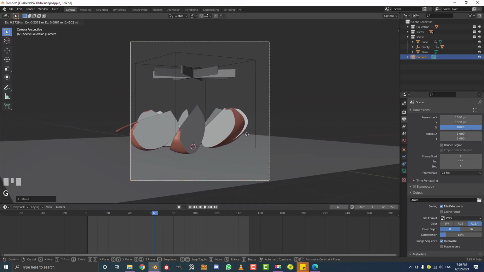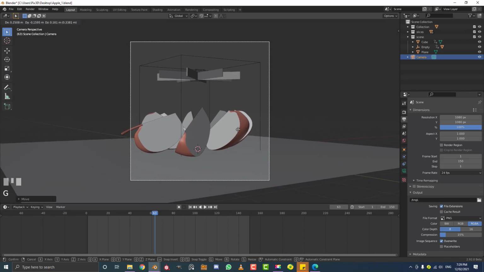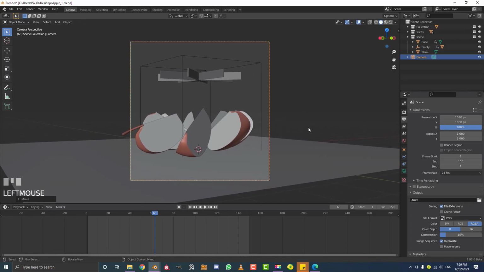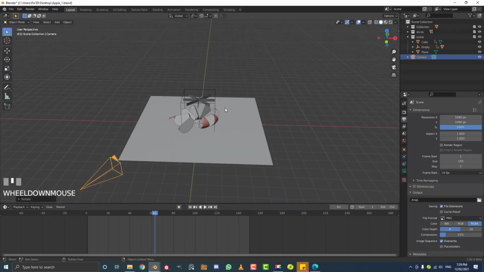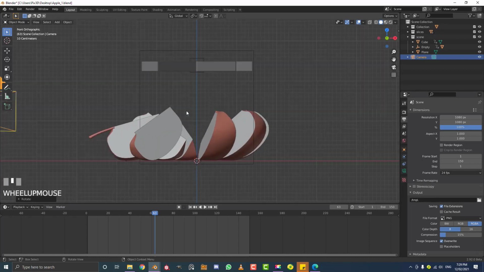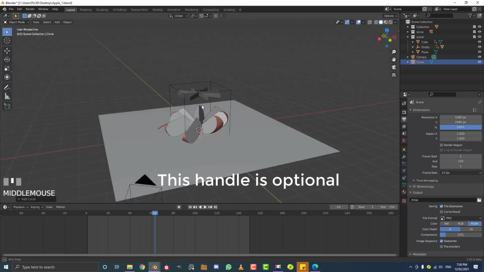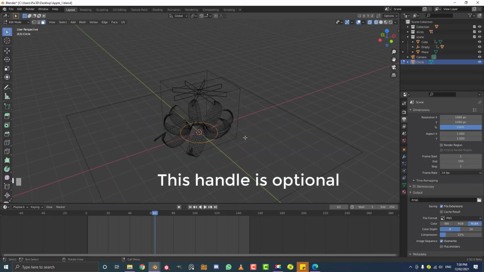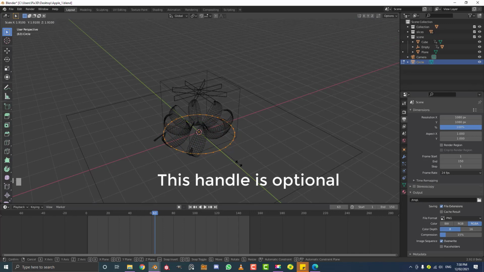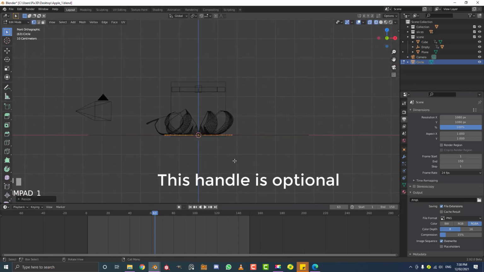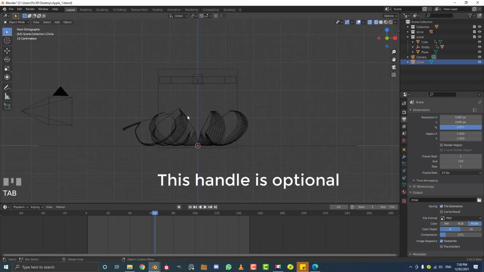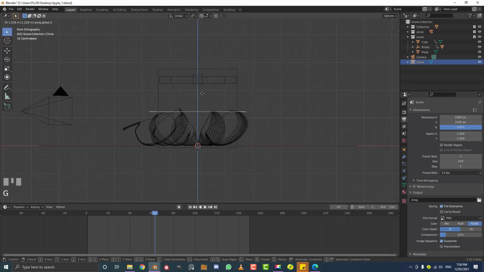So this is completely up to you. I'm not going to spend too much time on it, but just get a camera pose that you like. And also one more thing you can do is go Shift A, just add in a circle, tab into edit mode, go to your vertex select option, S to scale these guys up, right? And then tab out of edit mode, G, Z, just move that guy up in object mode to about here